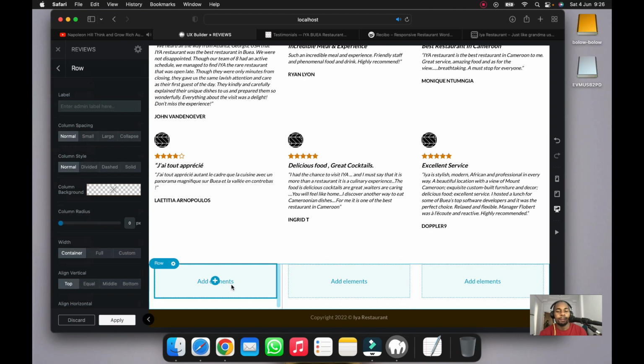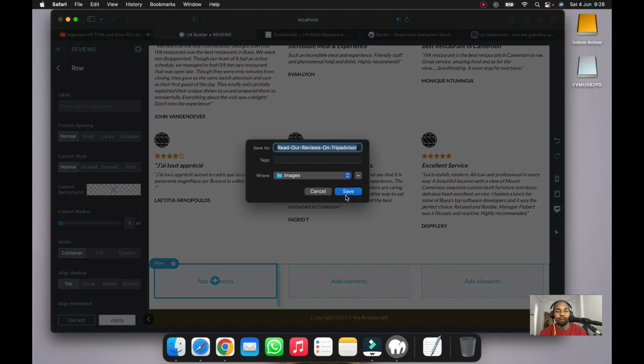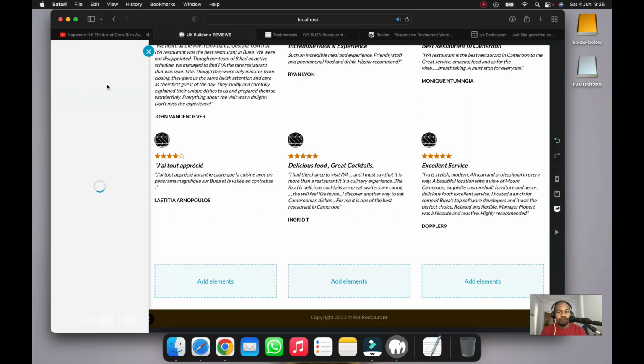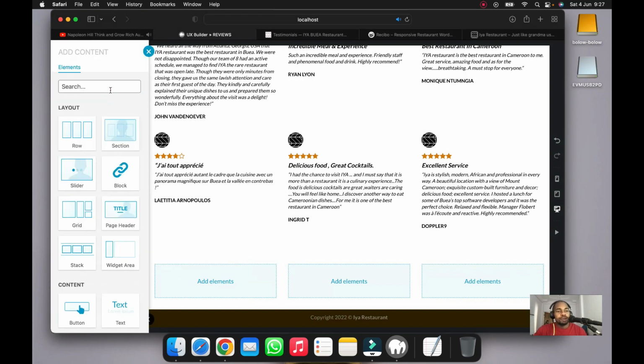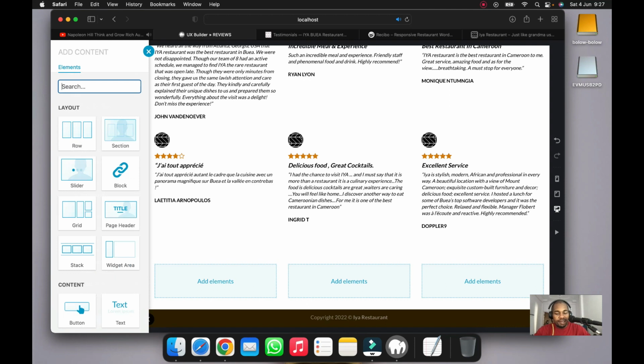So I'm going to select an image box. Is it image box? Select an icon box over here. Still another icon box. Yeah, for this one, I'll increase the